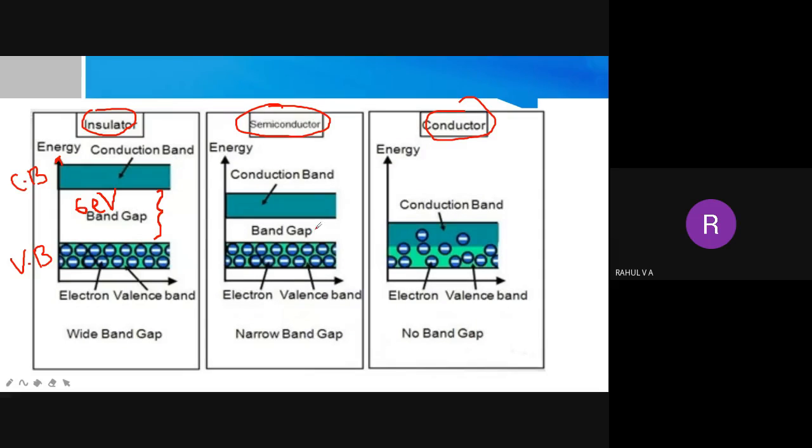If we come to semiconductor, you can see that this is almost same. That is, we have a valence band and band gap energy, and then we have a conduction band. And the only difference between an insulator and semiconductor is the band gap is almost 1.1 electron volt in the case of semiconductor. ഒരു സെമി കണ്ടക്ടർ എടുത്തു കഴിഞ്ഞാൽ ഈ ബാൻഡ് ഗ്യാപ്പ് അല്ലെങ്കിൽ ബാൻഡ് ഗ്യാപ്പ് എനർജി എന്ന് പറയുന്നത് 1.1 ഇലക്ട്രോൺ വോൾട്ട്